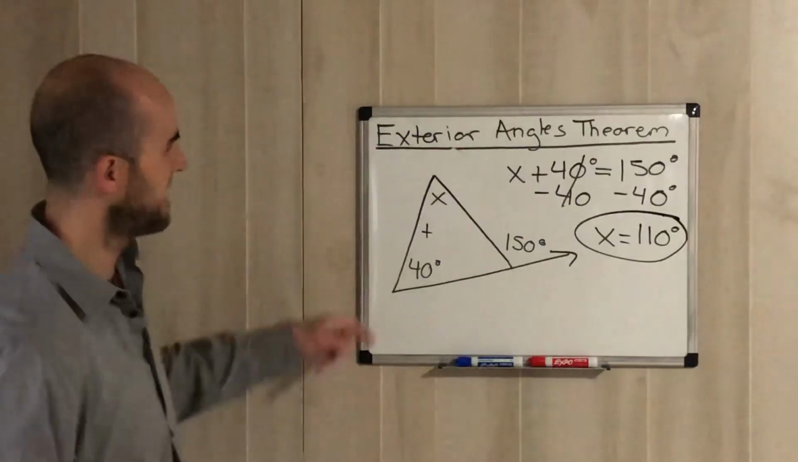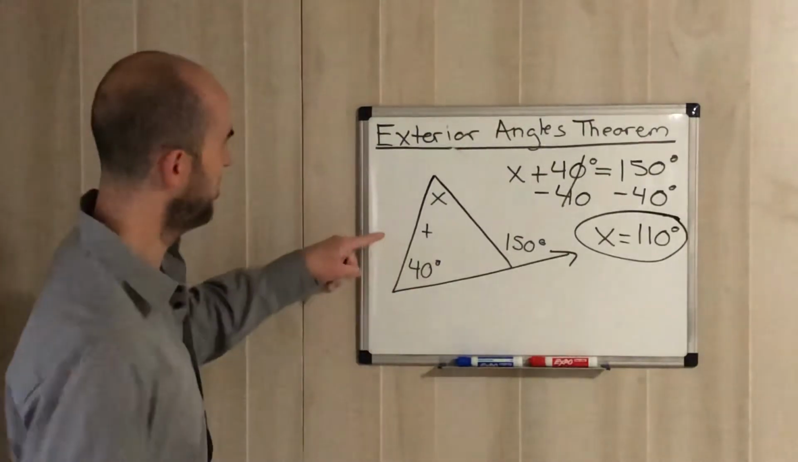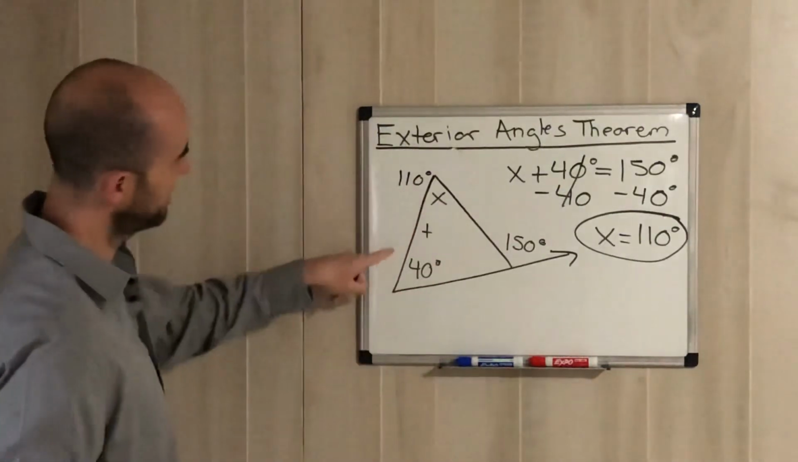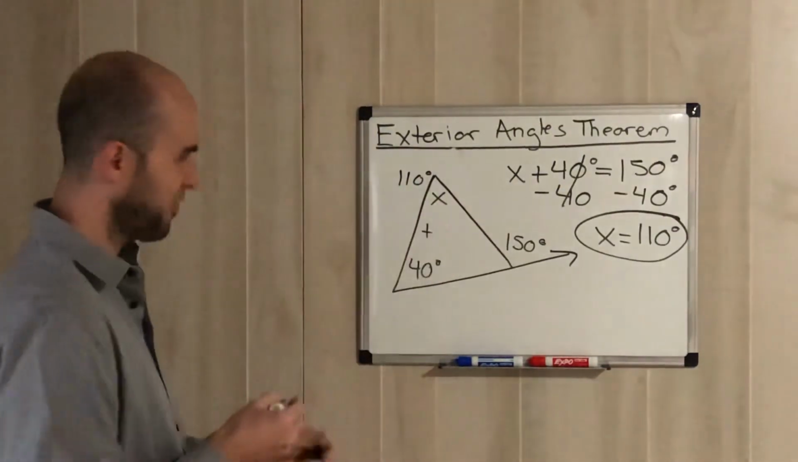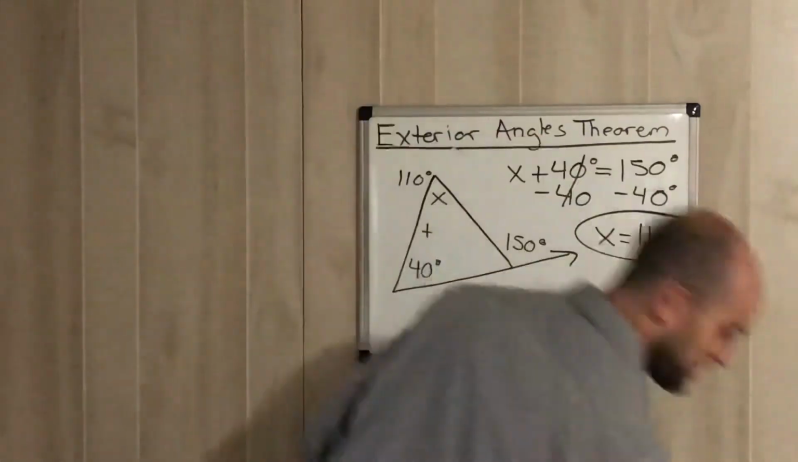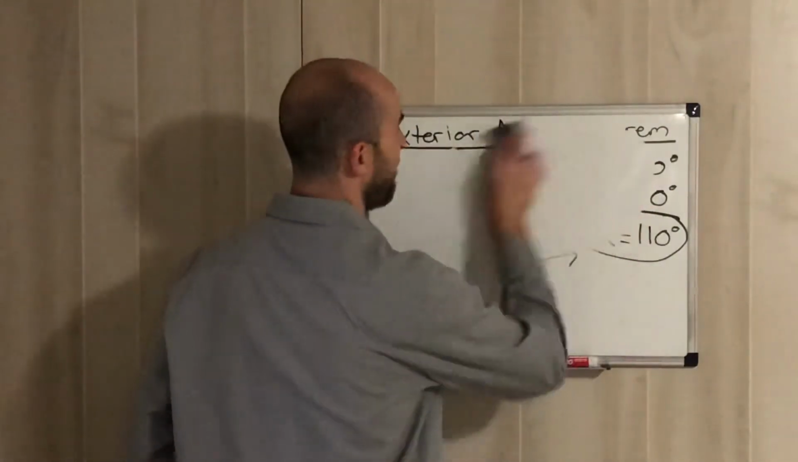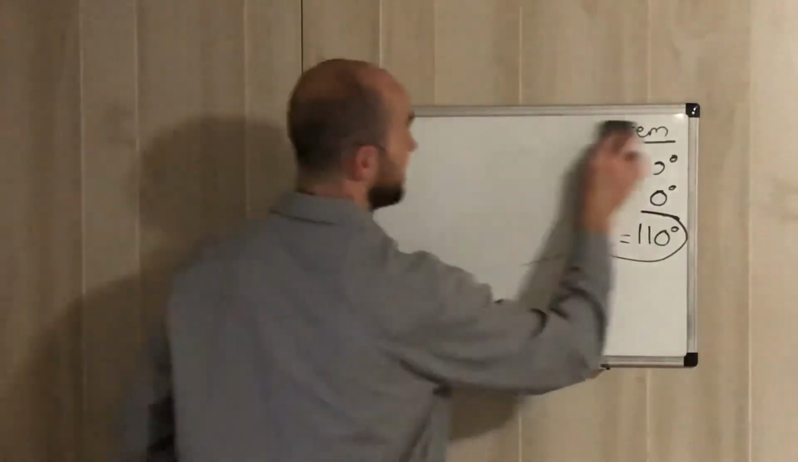That's all it is, guys. Just always remember. And it's easy to check too, because if that's 40 and this one here is 110, 110 plus 40 gives us 150. Okay, so the easiest thing, whenever it comes to exterior angles, guys, if you're trying to find the exterior angle,